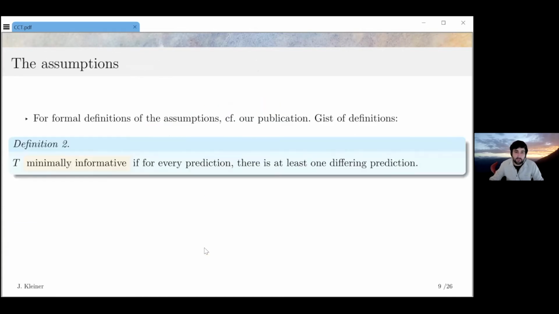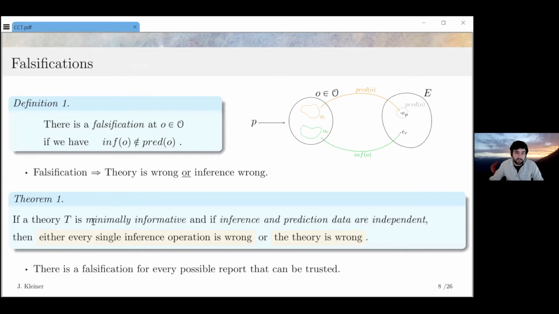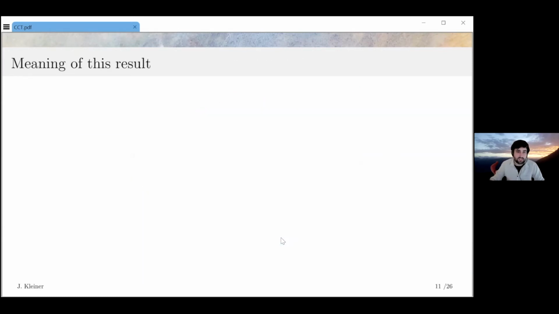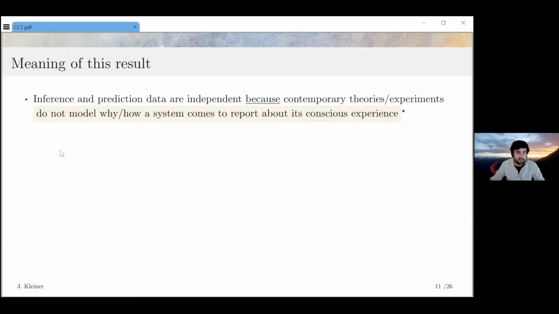Yeah, so maybe just to say it again. So what we prove is that if the theory is minimally informative and if inference and prediction data are independent, well, then there's something we call universal substitution. And that then implies that you really have a problem. Either every single inference operation is wrong, and usually you wouldn't want to grant that because then you just can stop doing the experiment, or the theory is already falsified. Okay, so what does this result mean? Well, first of all, let me point out,